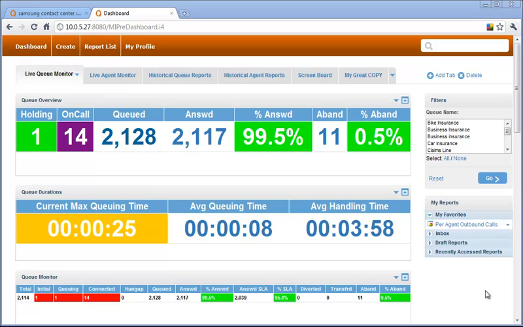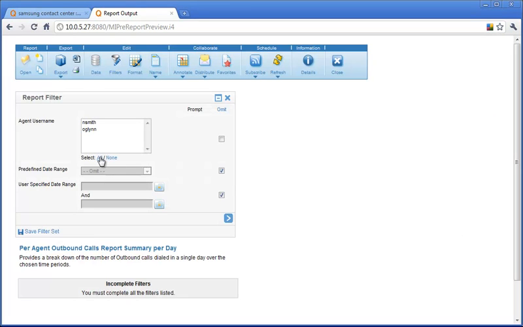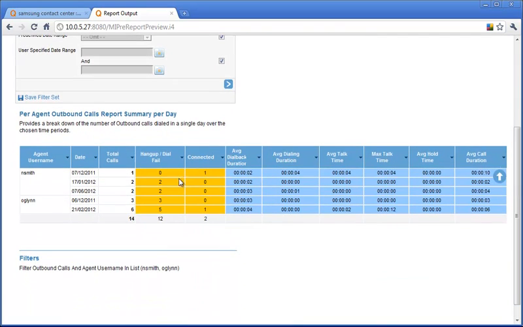We called the report the Per Agent Outbound Calls report, and we can see that it's here in the Favourites section. So if I click on the report here to maximise it, you can see that when we run this report that the agent data that's displayed within the report table is shown all together within the same table here. Ideally, what I'd like to see is for each agent's outbound call data to be shown in their own distinct